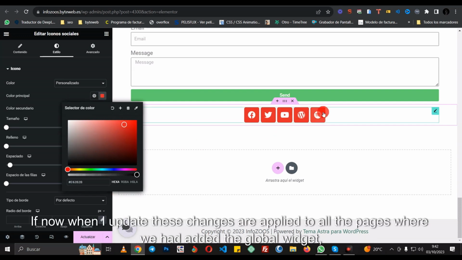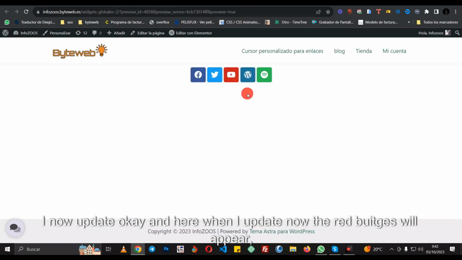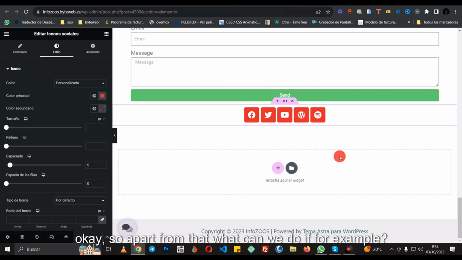When I update, these changes are applied to all the pages where we had added the global widget. That is, I now update, and the red widgets will appear. So apart from that, what can we do if, for example,